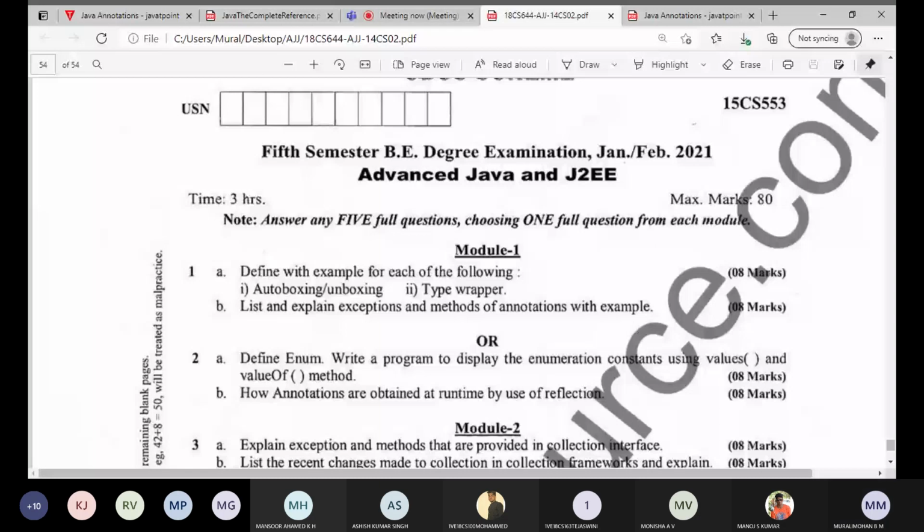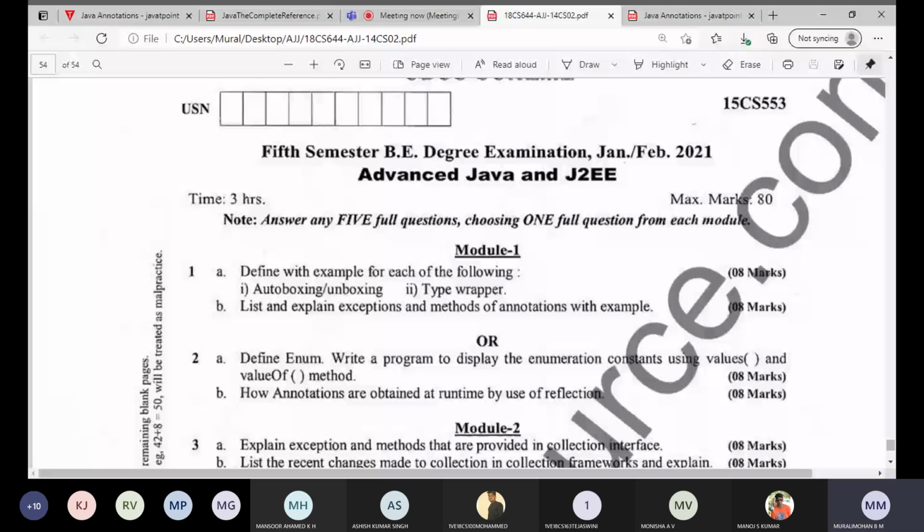Okay. Next, define enum. Write a program to display the enumeration constants using values and valueOf method. Here they are explicitly asking for the program. In the very first class, when we discussed enumeration, we discussed three methods: values, valueOf, ordinal.